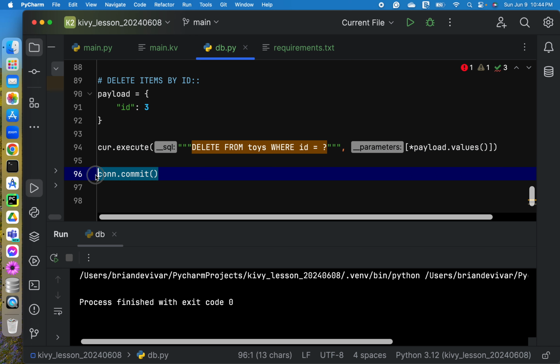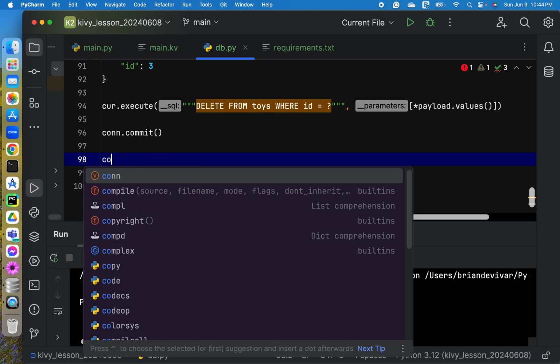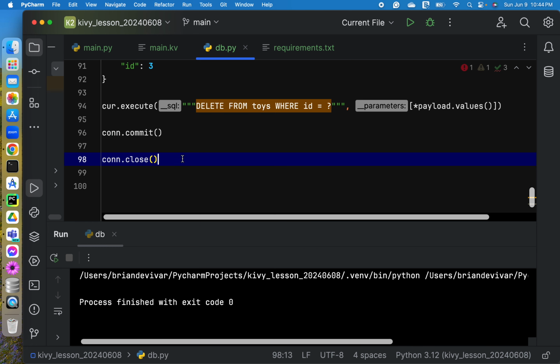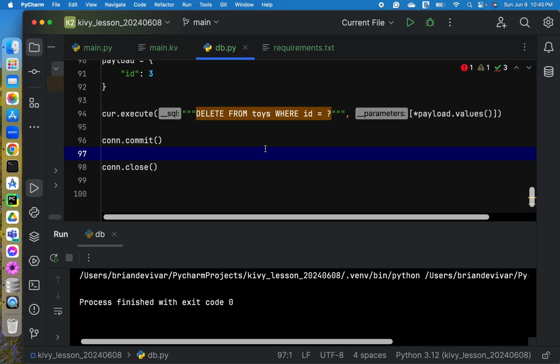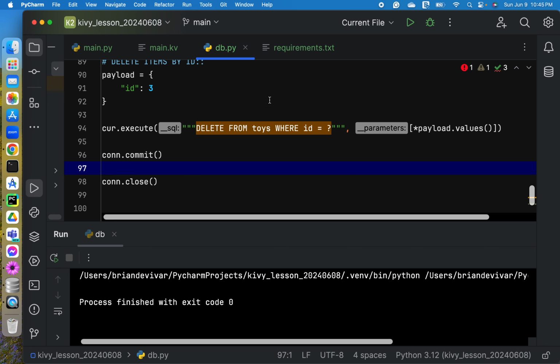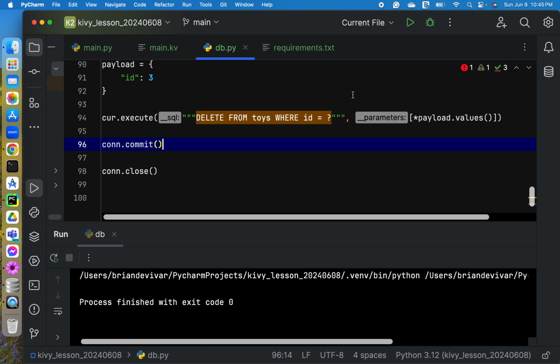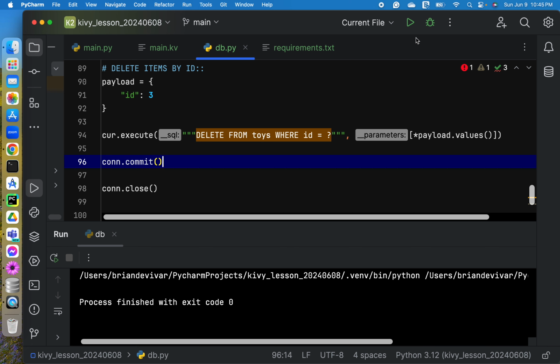Okay, and we also need the con.commit. I forgot to add the con.close. So every time we are done connecting to our SQLite database, we should close the connection. Okay, so let's see what will happen.